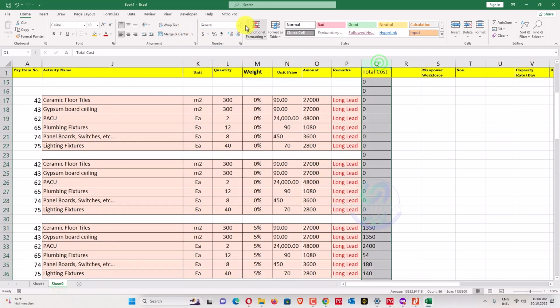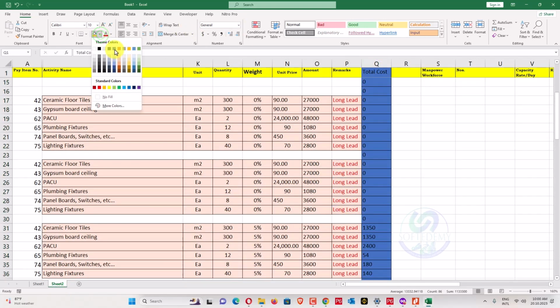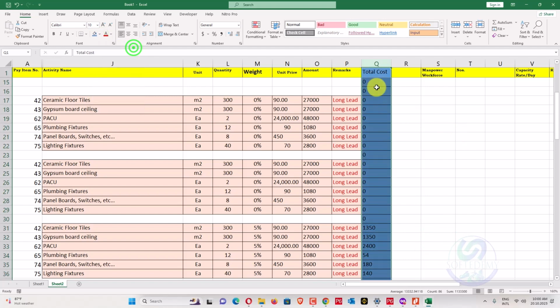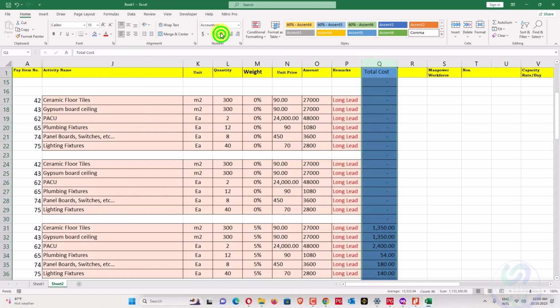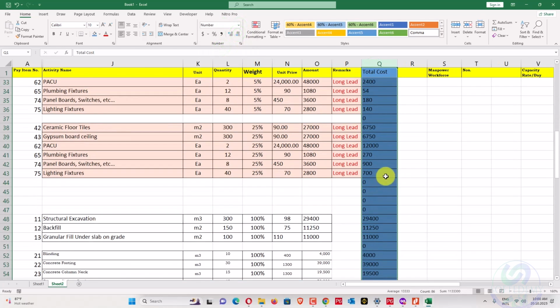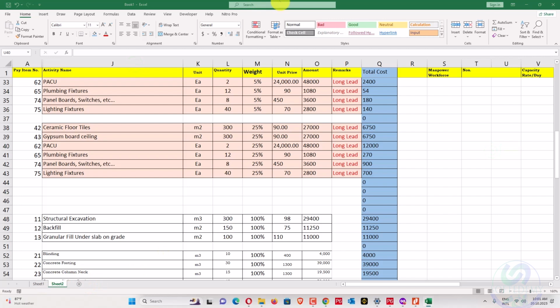So just color this one column as a separate one, so you can just memorize that you have done this one already. Convert that one into numbers, and okay, just a light color. Okay, so the next one, what we have to perform, the next one we have to go for,